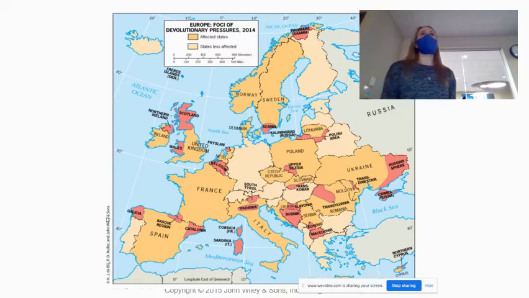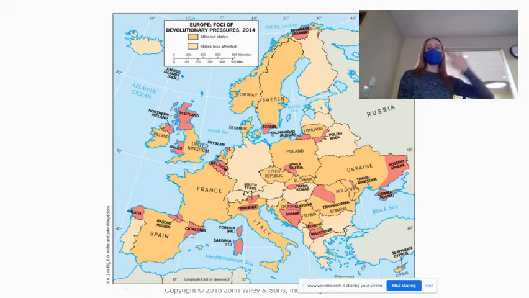There's a map in your textbook that looks like this. This is Europe, and these are many different examples of regions of devolution. You'll notice that here's Catalonia right here. If we look at Spain, Catalonia once again has some economic devolutionary pressures. It has ethnocultural ones, but it's also kind of just remote. It's kind of on the edges. Oftentimes you'll find regions that are on the edges of countries, such as within the United Kingdom, or Great Britain, or whatever you want, the United Kingdom.